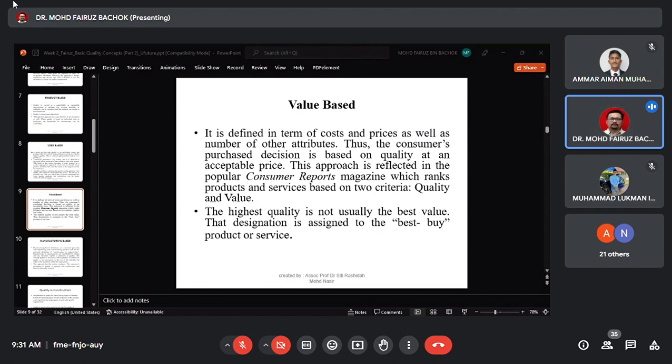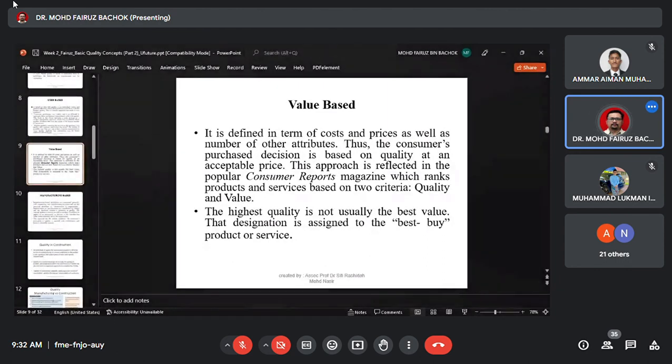It means that if you can produce a product with high quality, and at the same time you can sell it at a low price, that is a good product. Okay, and this is what it means when you are using the value-based approach. And the last one is